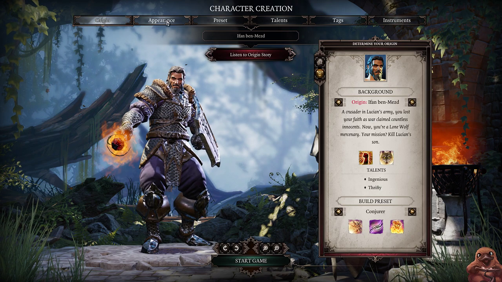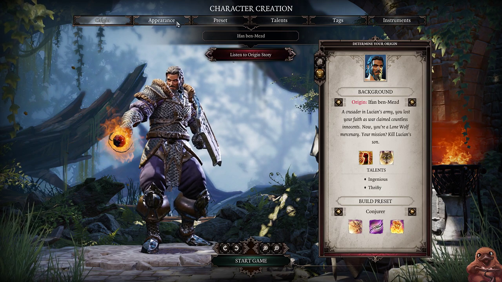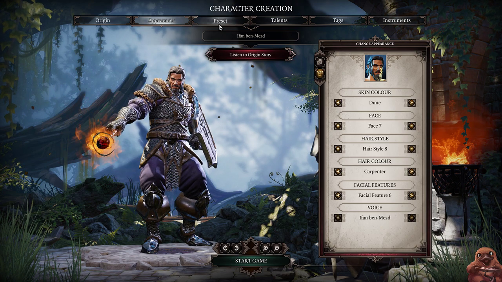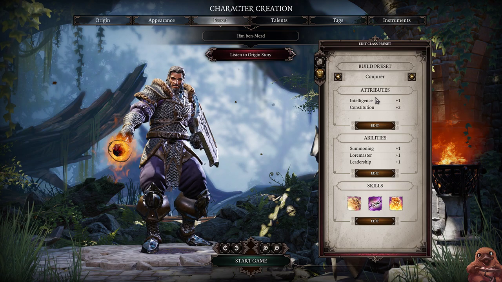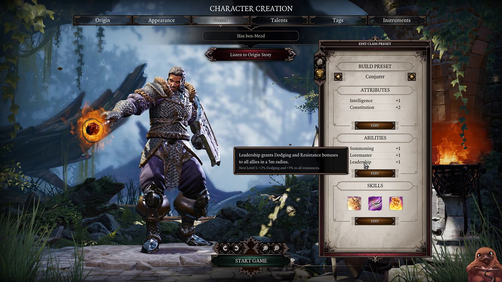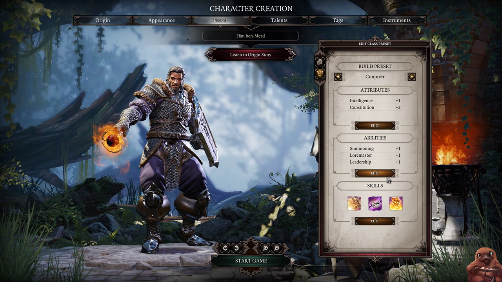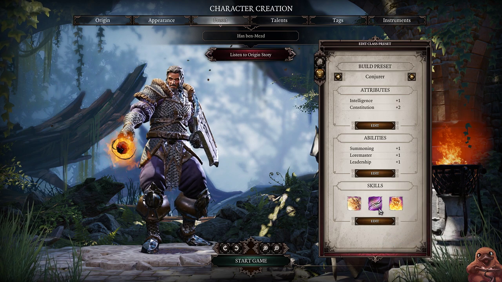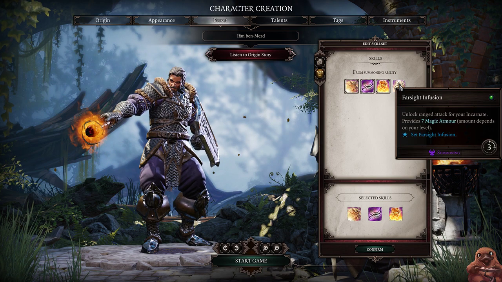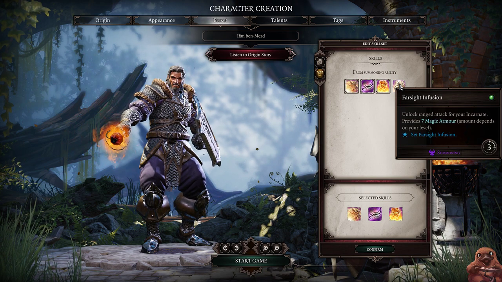Okay. Do I care about appearance? No, you know, this is an origin character. I want to keep that. Preset, Conjurer. So, Conjurer, yeah, you start with these skills. Can I edit them? I can. What's that? Farsight and Fusion. Unlocked range attack for your...